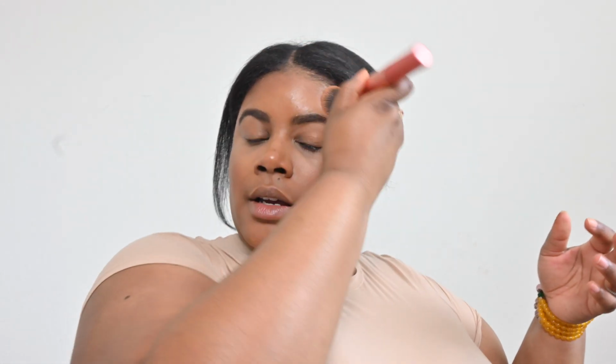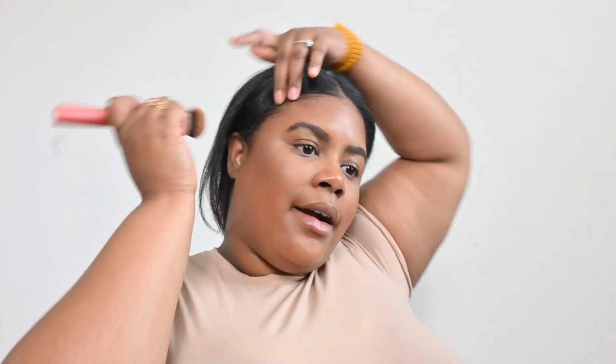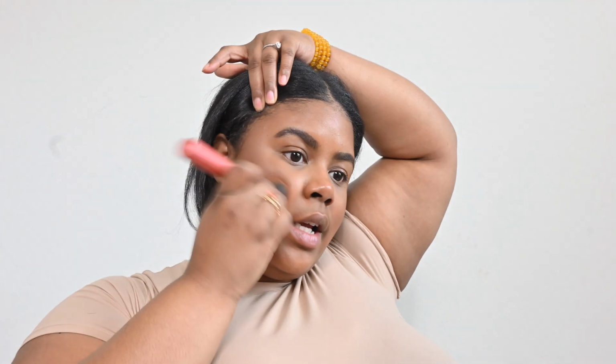Yeah, that's pretty. Can you guys see this? I don't know, you guys. This might be the look. Okay, let me stop getting excited. And can you tell that I'm still glowy? Even though I have on a moisturizing foundation, a skin tint, I'm still kind of glowing. I can still see my skin through the makeup. It's not too much. Now, I say that right now, but we have not put the powder on yet, so